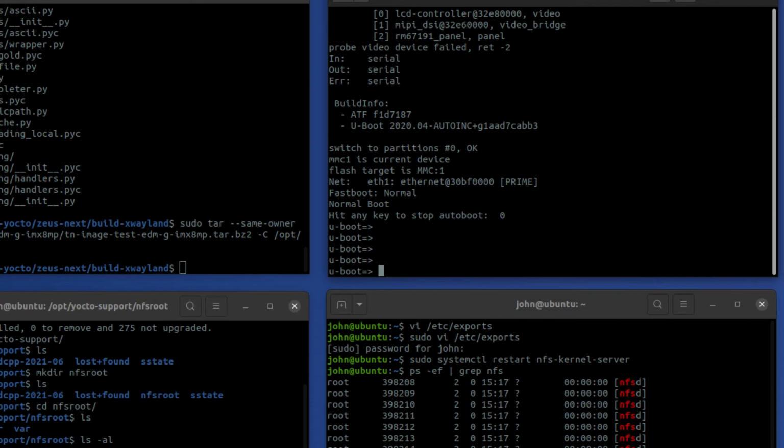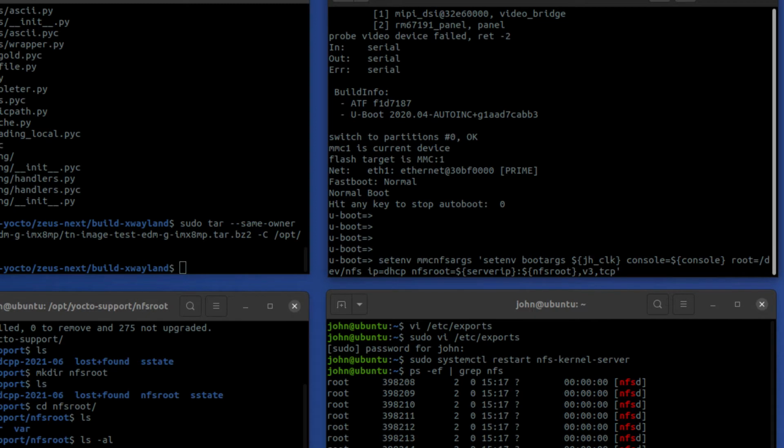So I'm just going to copy and paste them from the article so that it's easier. You don't have to watch me type. So the first thing we're going to do here is create this argument called mmc NFS args. What this does is it sets up the boot arguments for the Linux kernel. And one of the boot arguments is the root argument. And in this case, we're seeing that root is equal to